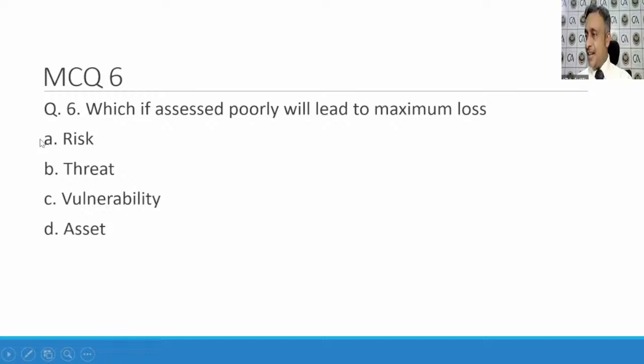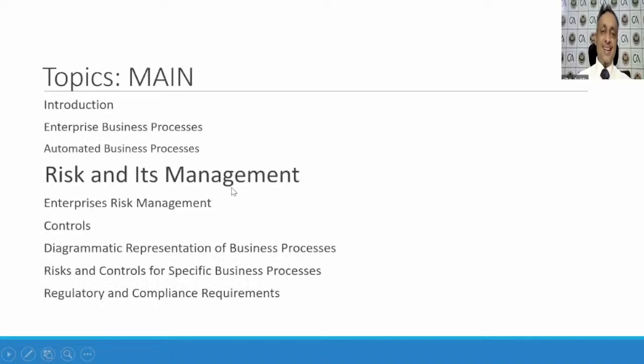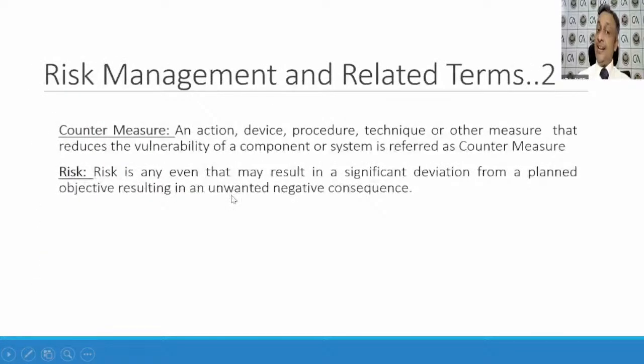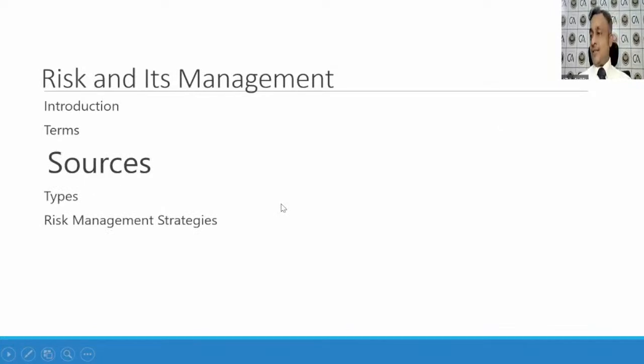So yes, then Jinisha has said asset, Mageshwaram has said asset, and Gehani Hariram, she has also said asset. Great, thank you. So let us go to the topic we brought. Terms. So get an understanding of the terms, then sources of risk. Akanksha, it is asset. To the question we were talking about, I have changed the options. So in your examination, whenever you read an MCQ, always look at the options and see the correct one. Many times we are in such a hurry: oh, this is the question, this is the answer. Never do it. Read the answers correctly. Great.